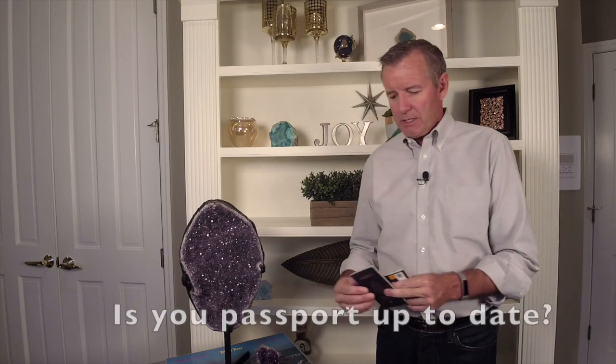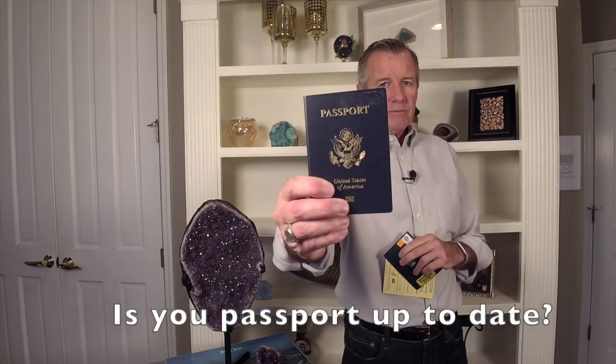So number one, of course, everybody knows you're going to need a passport. Because you're traveling outside the United States of America, you're going to need a passport. And not only do you need a passport, it has to be up to date. You've probably seen this on cruise ships too, they don't allow you to enter a country if there's less than 6 months remaining on your passport. I know it's weird, you're thinking, well, wait a minute, I got 6 more months to go. So you need to make sure that that's up to date. Number two,